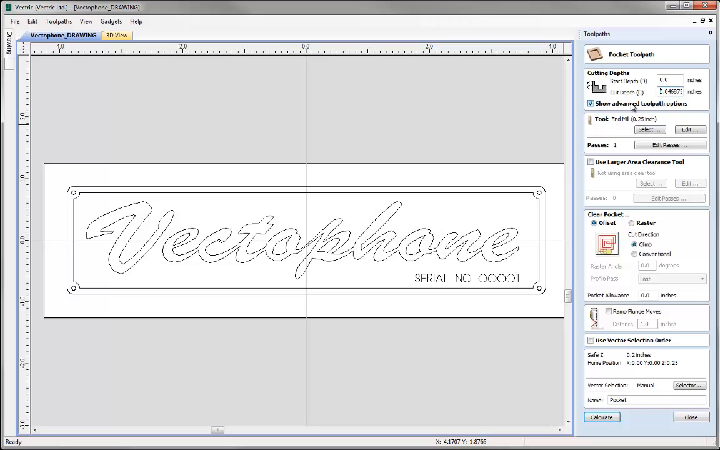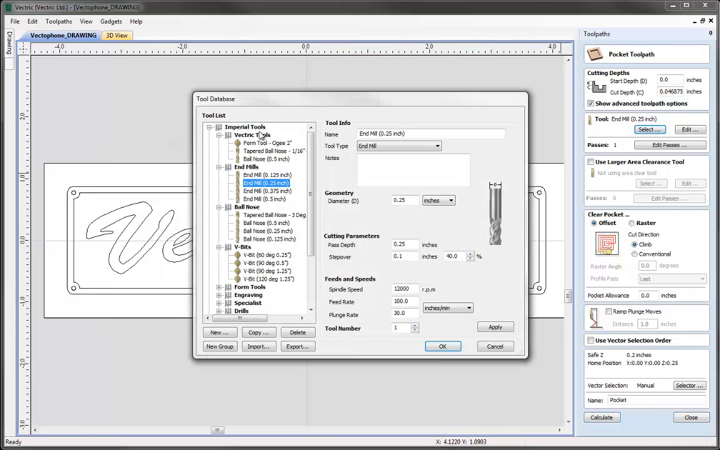So I want to use a 16th inch end mill, and the reason I want to use quite a small tool is because I want to actually be able to machine away as much into the material as possible in between the letters of our text. So let's go into the tool database, and I can see that I don't actually have a 16th